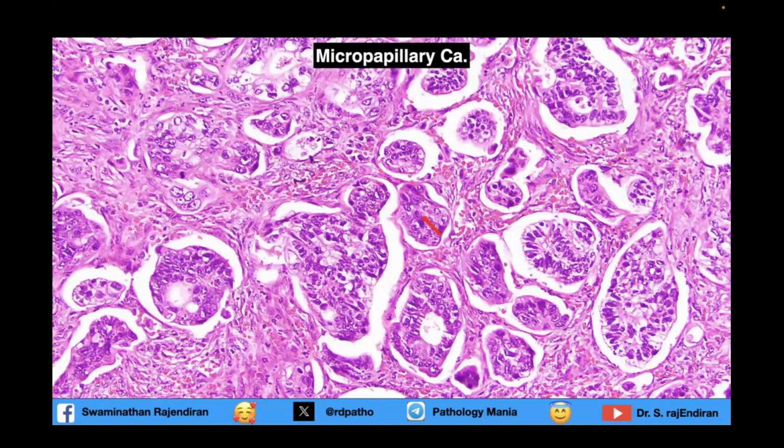This is undifferentiated carcinoma with micropapillary pattern. These are all papillae without fibrovascular core. And another characteristic feature, they produce artifact, tissue retraction artifact. So they look like a vascular invasion, but these are not blood vessels. So when you do IHC for endothelial cells, no endothelial cell will be there. These are retraction artifact. And why you have to know, these tumors have a very high incidence of lymph node